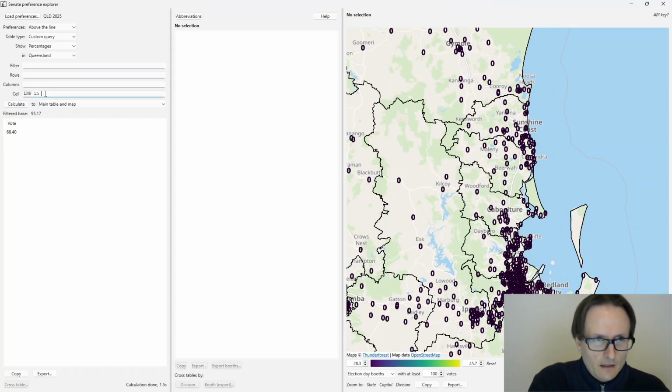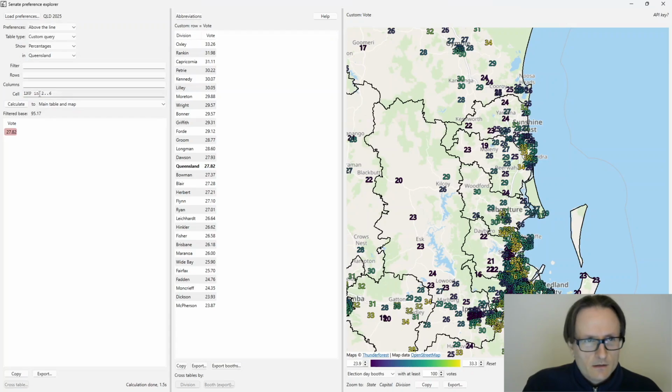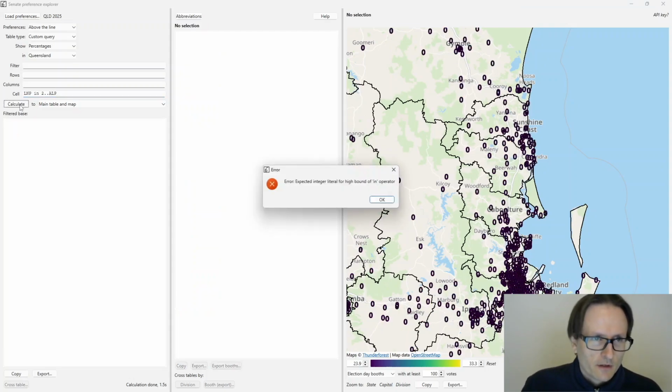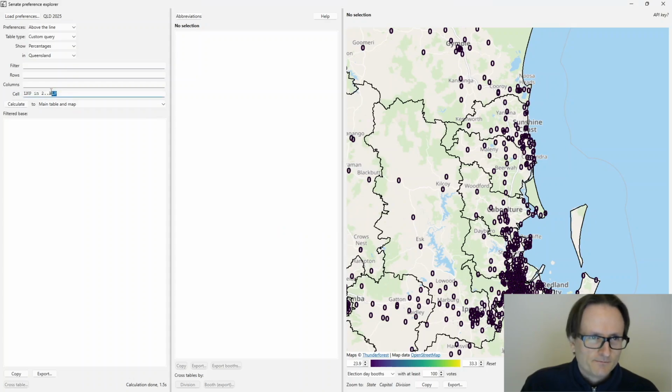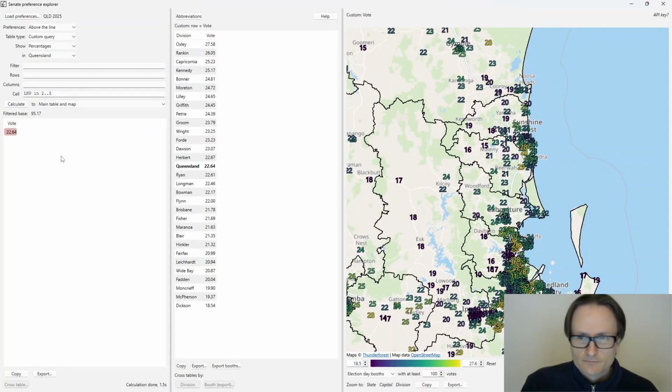We can also do in 2 to 6. So lower bound of the preferencing that you're interested in, 2 dots, and then the upper bound. These have to be specific integers, like digits that you type, or a keyword nmax, which I'll get to. But you're not allowed to say like LNP in like 2 up to the Labor Party. This won't work. It's an expected integer literal for high bound of in operator. So yeah, you have to actually type a number here. Let's say 2 to 5. You get some